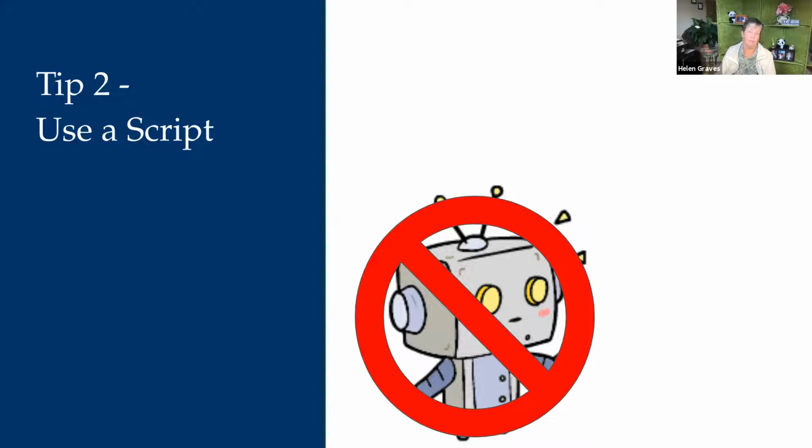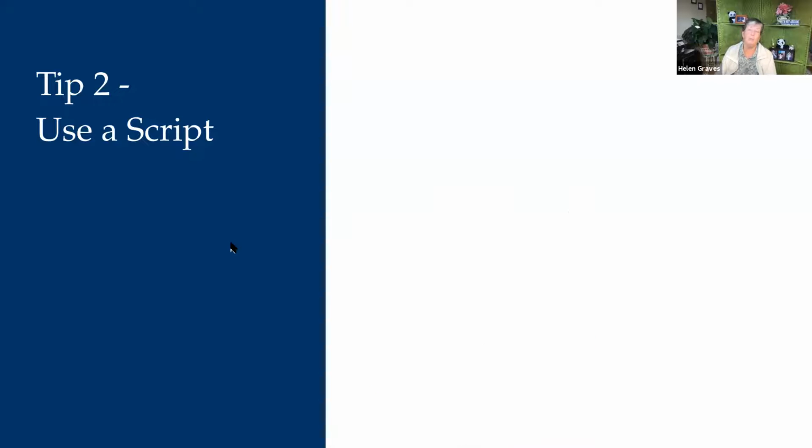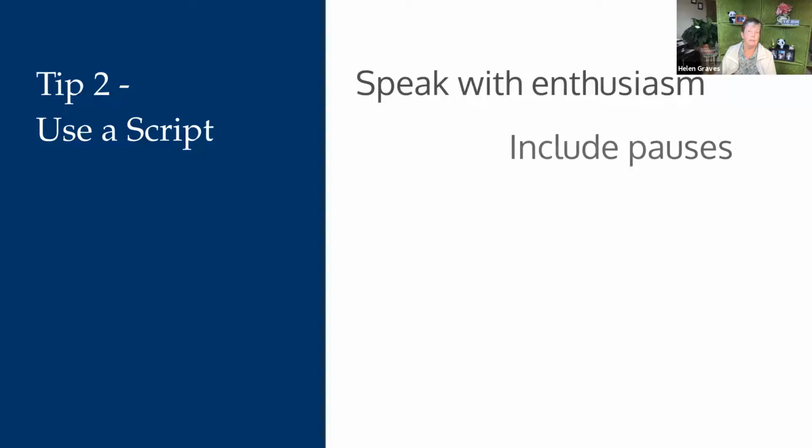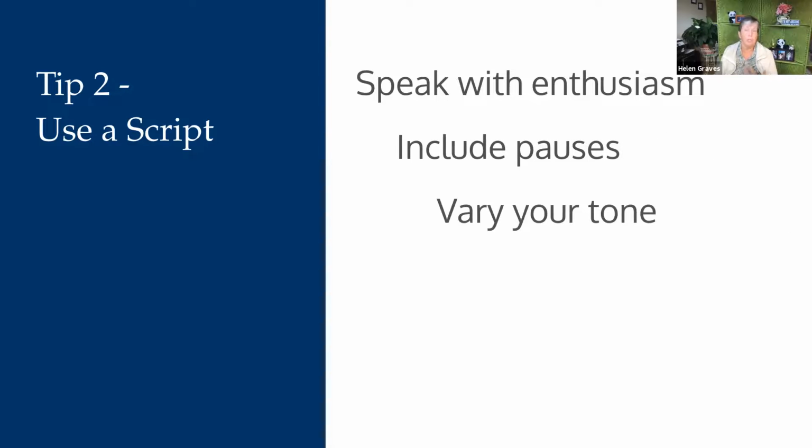It's not about perfection. You're going to want to speak briskly and enthusiastically. You'll want to include the natural pauses that happen in conversation and fluctuate your tone. Often people think that they need to speak slowly to ensure students are grasping important ideas. But studies actually show that slightly increasing the pace tends to foster engagement. That doesn't mean you should talk as fast as you can throughout the whole video, because that makes it hard to listen to as well.